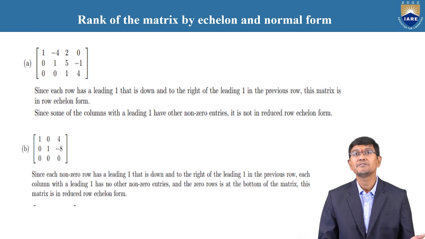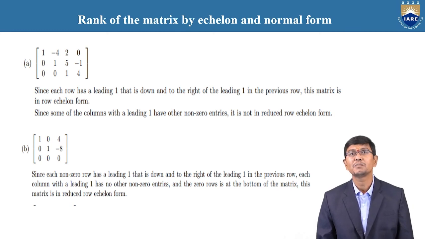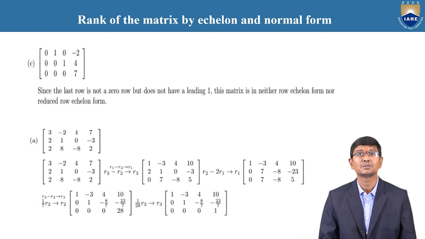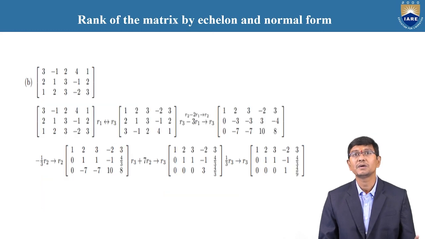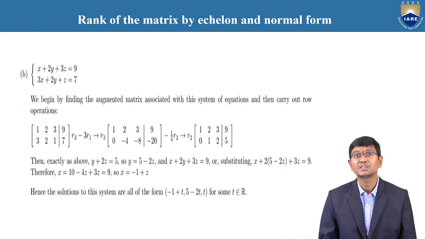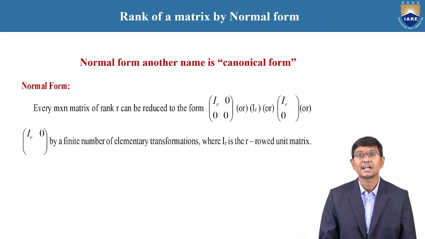And here similarly we need to understand this example A. The matrix is clearly in echelon form. Therefore, the rank of the matrix is 3. And again the second example also has rank equal to 2. And similarly, all these matrices we obtained by using elementary row operations. We concluded that they are in echelon form of a matrix.